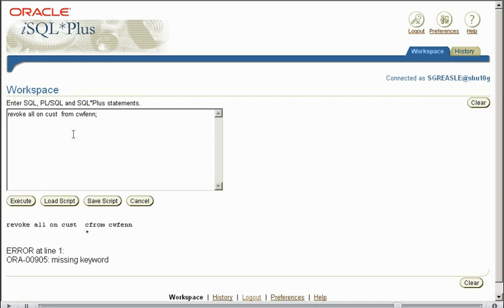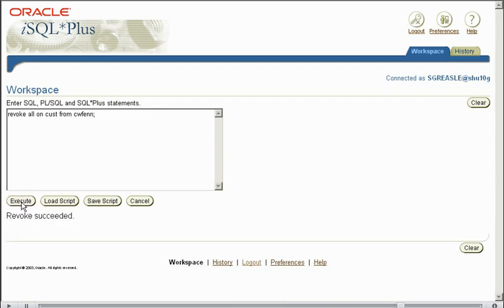Let's now log back in. And if we feel that maybe CWFENN has left the company or he's misusing his permissions, we can take these away using the revoke statement. Use revoke when you wish to reverse the grant process. It's kind of like remove, grant, take away. So revoke, the command we used, we gave him all, we want to take all. On cust,